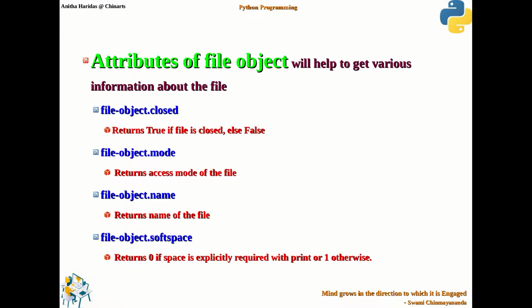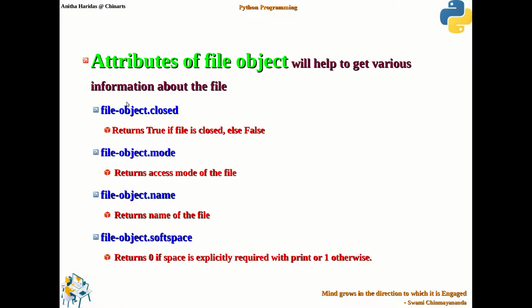So if you want to retrieve this kind of attribute information, you can use these attributes. And you can observe this is not a function, this is an attribute. So you don't have open and close parentheses here. You just give the file object name dot closed. It will return true if the file is already closed, otherwise it returns false.